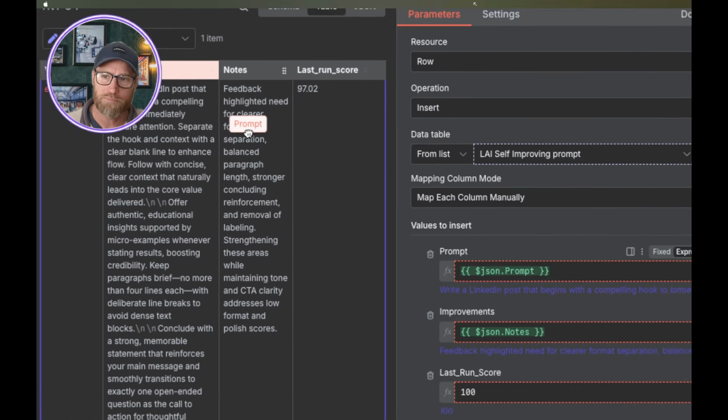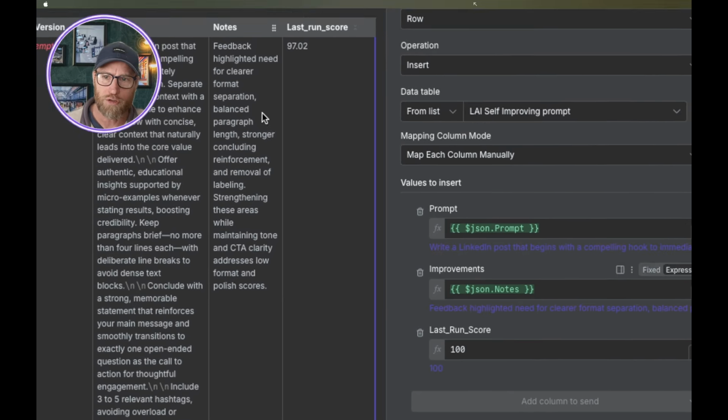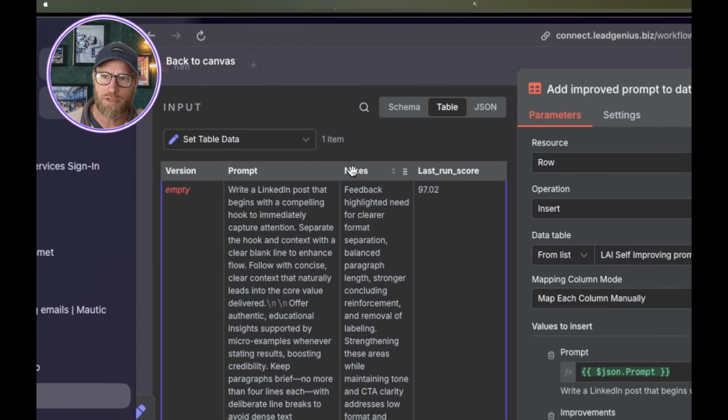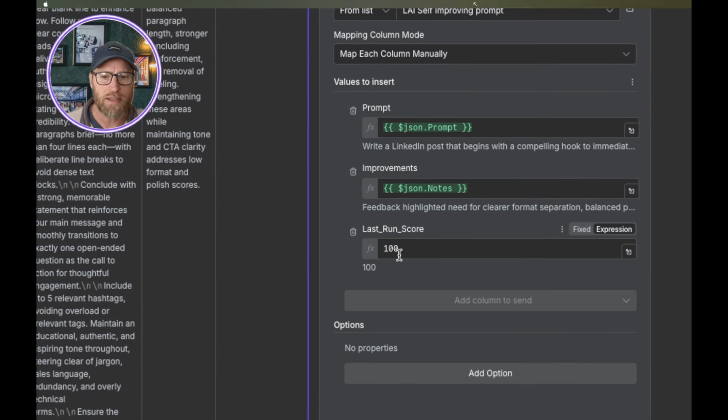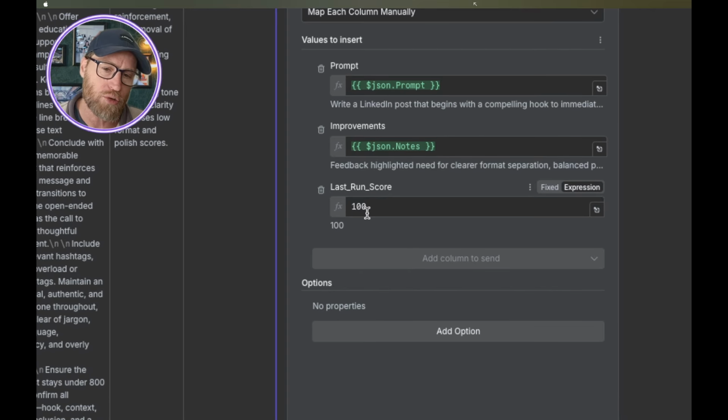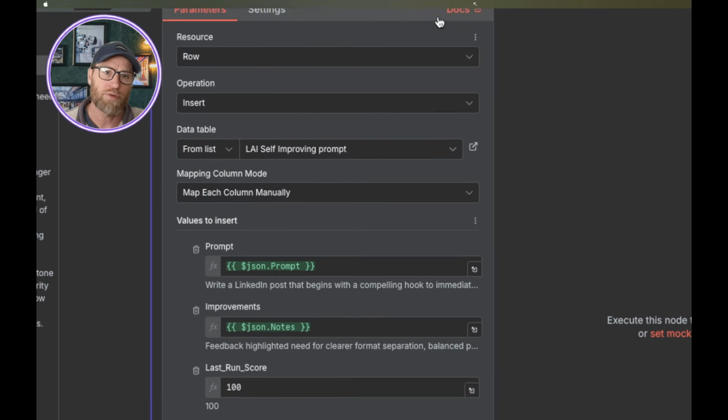Just drag that in. We are going to pull in the improvements. I've just renamed it improvement, but it's notes. And you can see here, this is what I'm talking about. I'm inserting a score of 100 to make sure this prompt is used in the next run, to make sure it's one of the top 3. That's the idea. So if we go and run this now,